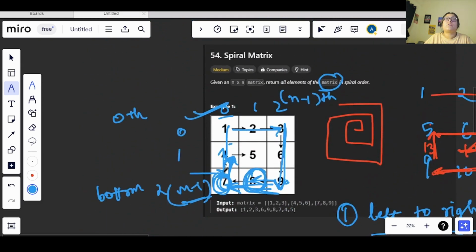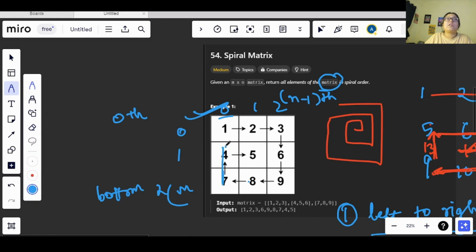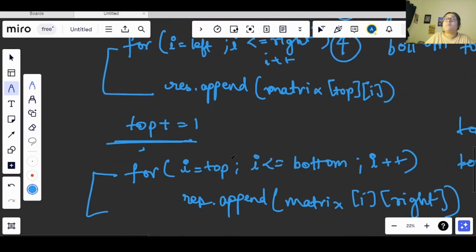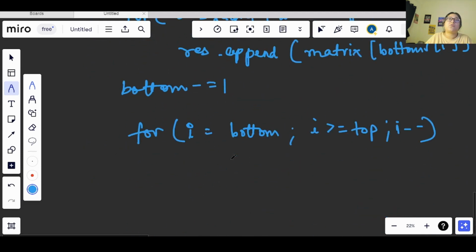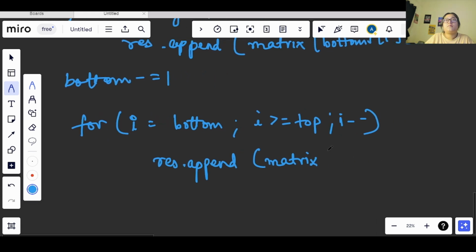This column is constant and this is the leftmost column, right. So our column number will be constant and we will be changing the row number now. Therefore I will append the value in the result. This row will be changing and my left value will be constant.